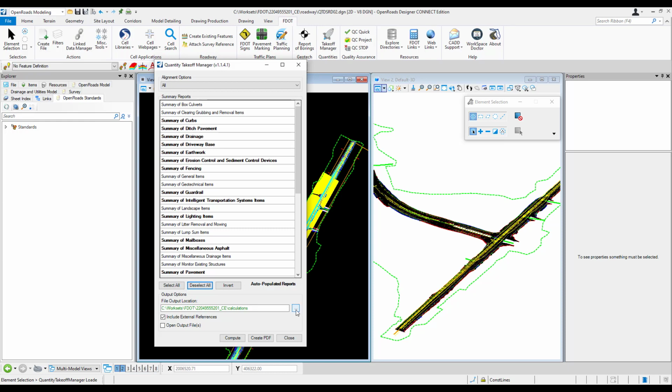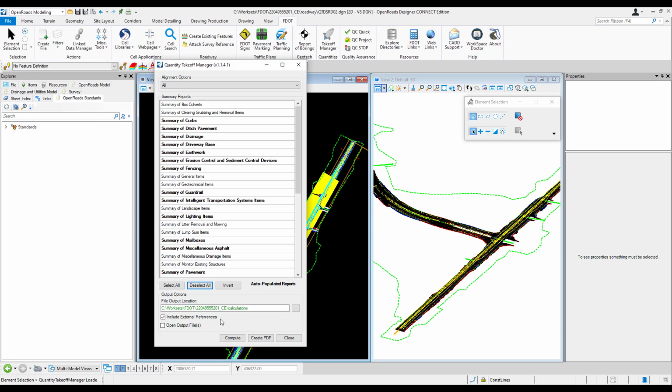If you need to redirect the path, maybe to a subfolder or a different location for QC files, you can click the button at the end and specify the path you'd like. All the final summary reports for the Estimated Quantities Report PDF, though, should be kept in the Calculations folder.